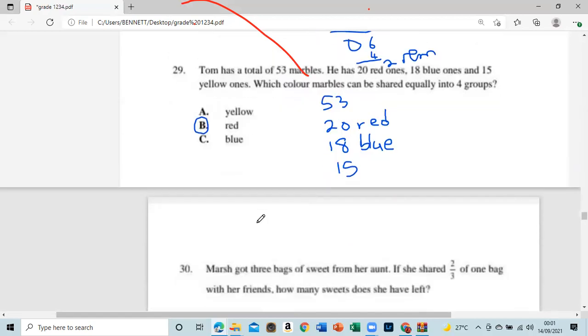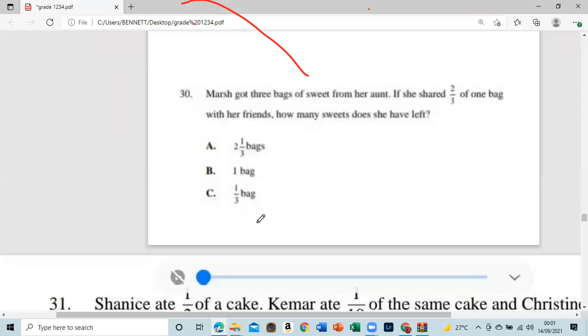Let's move on to 30. Marsh got 3 bags of sweets from her aunt. If she shared 2/3 of one bag with her friends, how many sweets does she have? This is awesome stuff, man. So let us look at that. She got 3 bags from her aunt. If she shared 2/3 of one bag, so one of the bags,